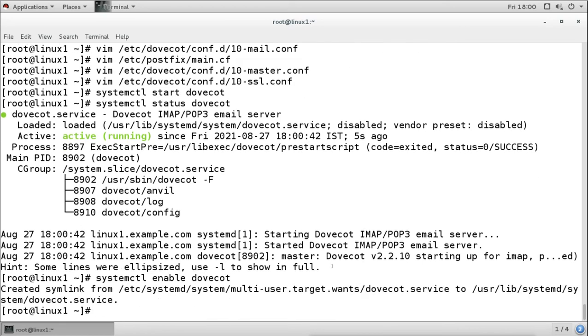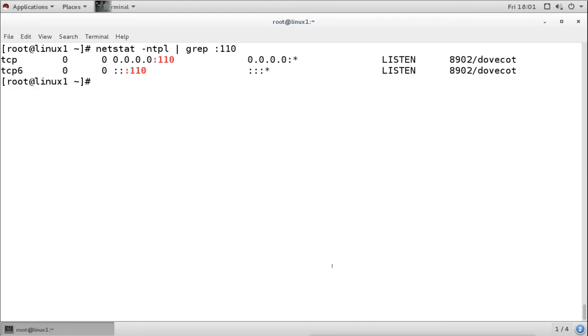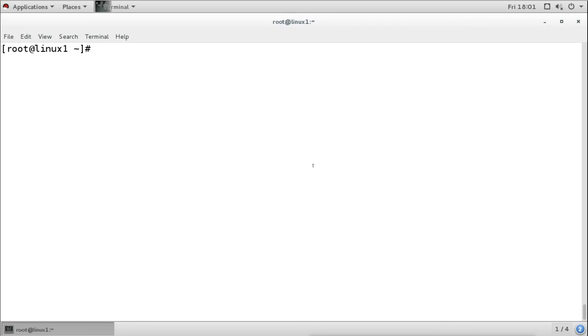And now when we check port 110, it is available and it is listening on all IP addresses. And if we check port number 143, it is also available, and our server is listening on this port also. Now remember, we have changed the mailbox directory for the users, so we should verify whether the directory is changed or not.